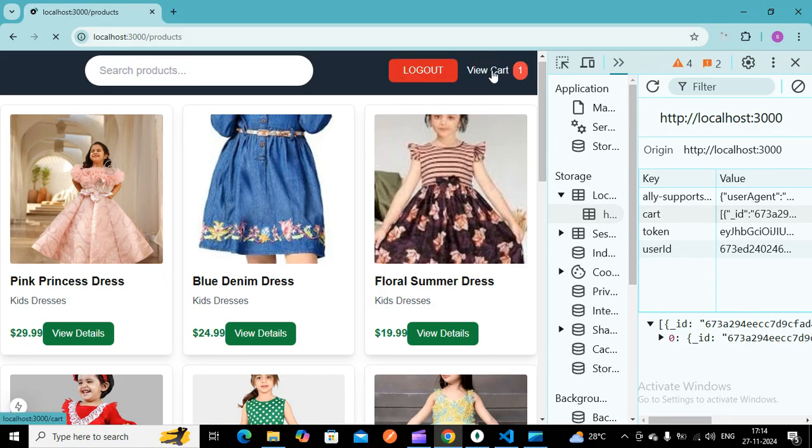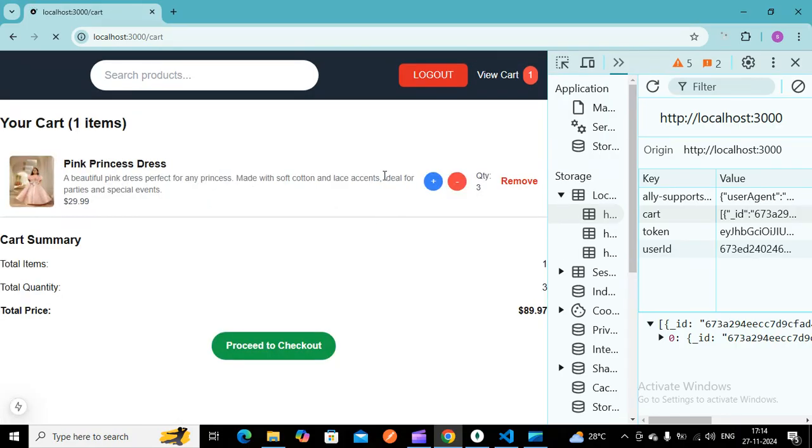So here I have the same cart, but it should not display the same cart for all the users. For a specific user, the cart value will be different. So how will we display the cart according to the user account? That we will be seeing in the next tutorial. Thank you all of you.